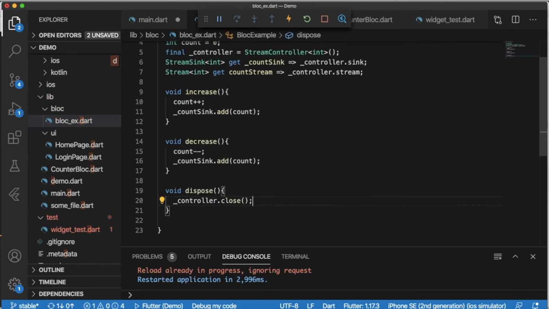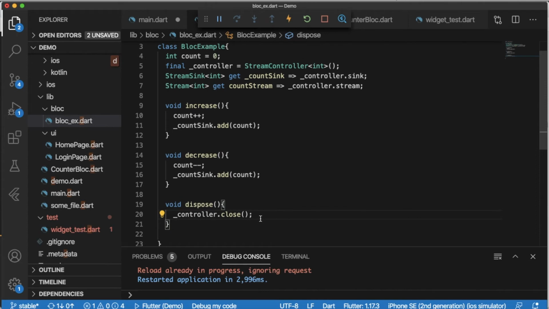This is for safety purposes because the stream is continuously running, so we can close it as well. So after completing all the operations, we can dispose this controller. Okay, so now this is all about the implementation of block.